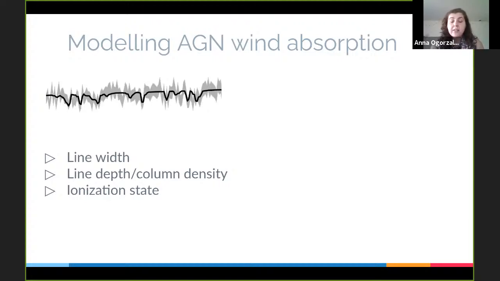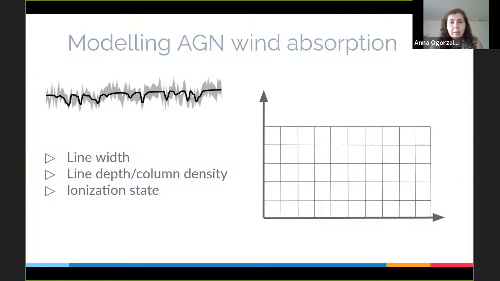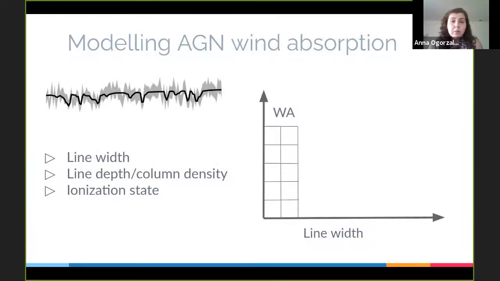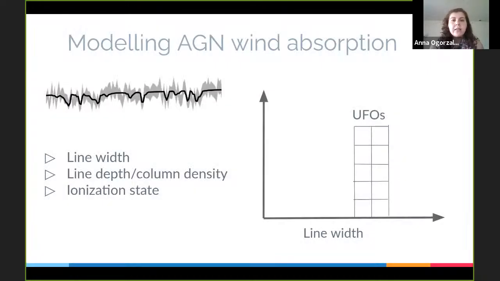The downside here is that such models are usually computationally expensive, which is why this multi-dimensional parameter space is then often explored by grids of models, like the abstract one that I show here on the right. However, oftentimes for one or more parameters, only a narrow range of this parameter space is explored, which can bias the retrieved physical properties of the wind. Often the density of the absorber is, for example, fixed. Another example is focusing on only narrow absorption lines and finding only warm absorbers, or only broad absorption lines and only finding UFOs. So you only find what you were looking for,